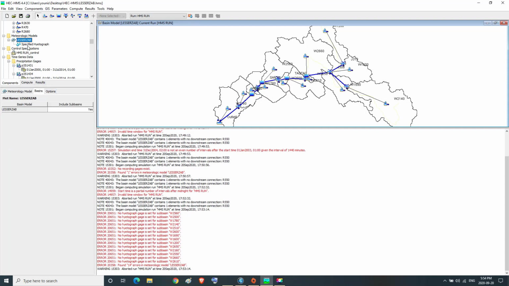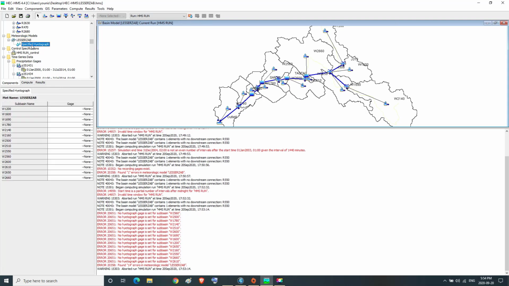Then we press on the specified hyetograph, and in it we find that the appropriate gauge for each subbasin has not been selected, as the station or the gauge that contains the precipitation data within the subbasin must be selected.